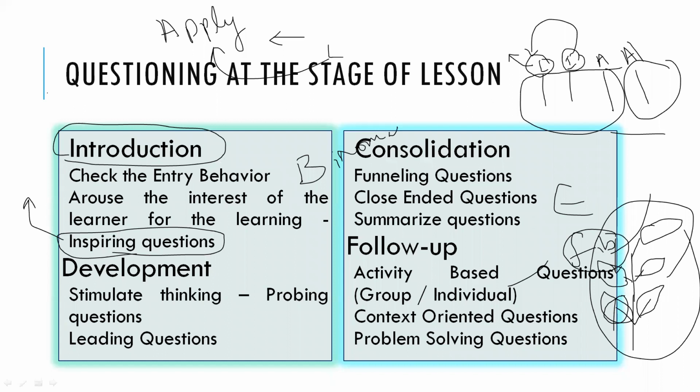Or sometimes I will ask one question, and the student may not answer. Then I will go to a very general question, so that I can make all the students participate. This is funneling, reverse funneling. Or I can have forward funneling, where all the students concentrate and answer the question, then I come to a few. Then I can put the question that we are going to discuss. Like when I am introducing my session, or doing some content, or discussing that content in the next class, such kinds of questions we will ask.